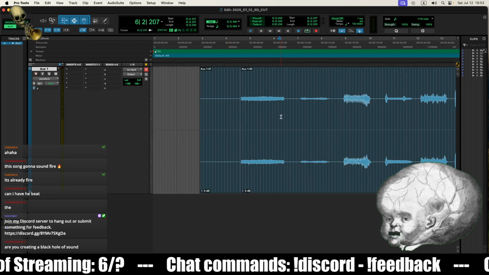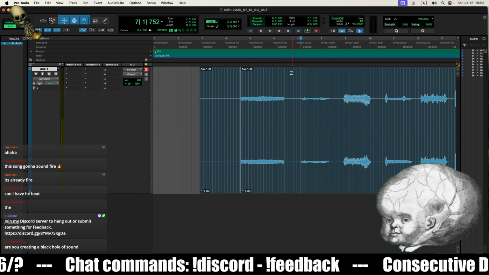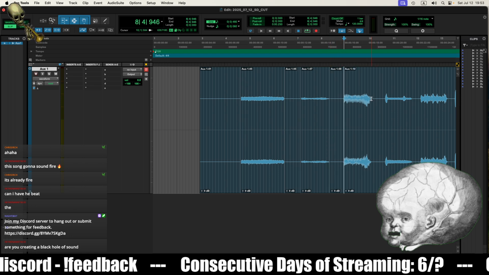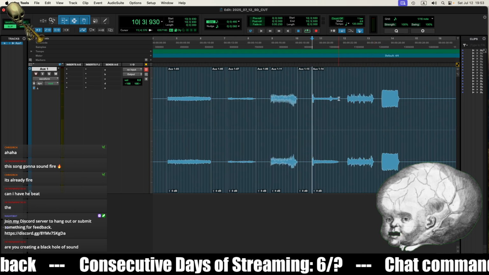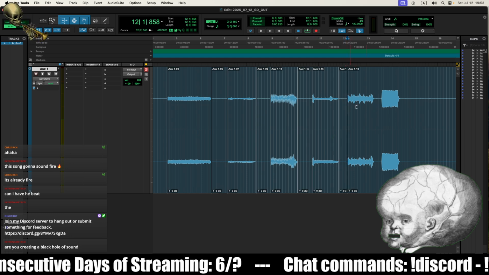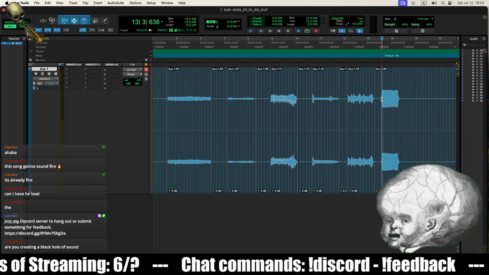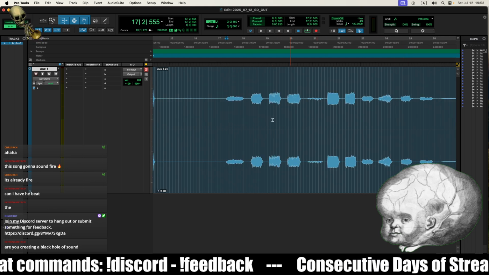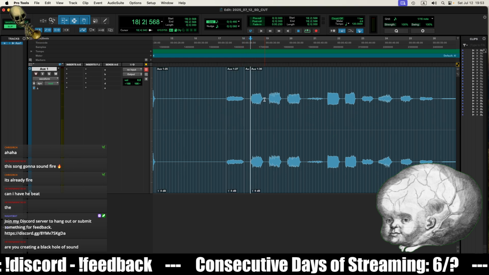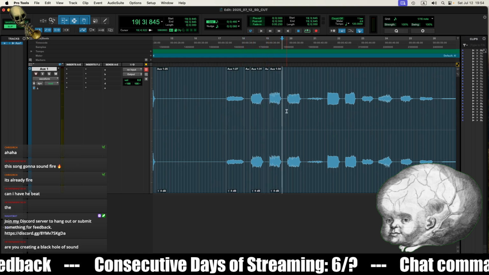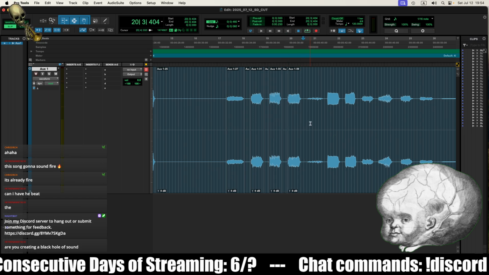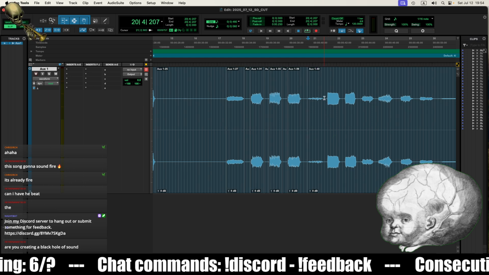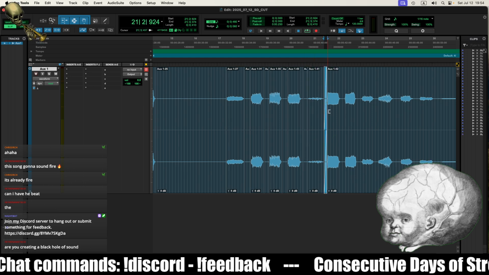So basically, we'll tap to the next thing that it thinks is a transient, and I can very quickly get at least the beginning of the file. Cut this. Don't.